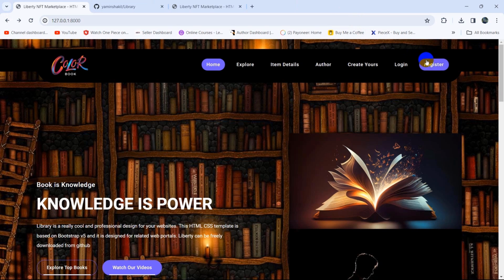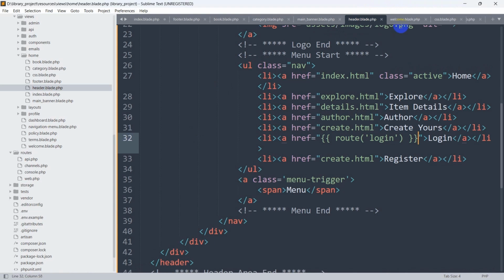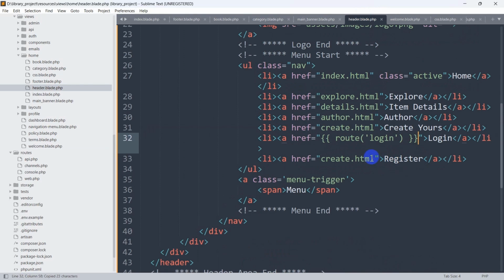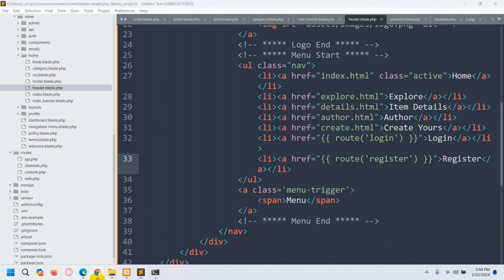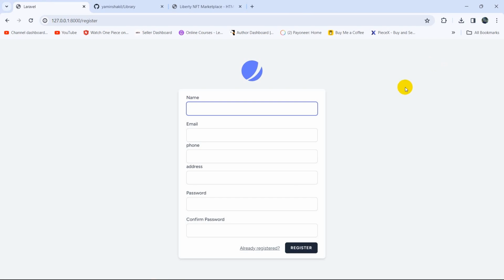So let's do the same for the register option as well. Let's go back to our welcome.blade.php, and here you can see for register the route is this one, route register. So we'll copy it and we'll paste it inside the href for register. Paste it here, save it, then refresh, and if we now click on the register option,